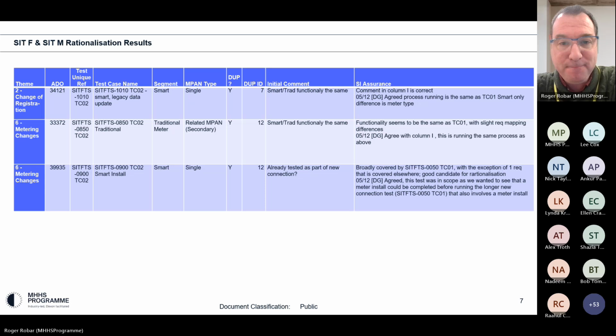Hi, Anna. Just to say, as usual, the issue that we always have is that the test case name doesn't actually say what the test case is about. It's just the type. So we have to look these up to understand what the actual test scenario would be. Yep. To understand whether or not that's valid. And it would be useful if the test case name always had what type of test it actually is, rather than just traditional, which means nothing. Yep. I hear that confusion and share it to a certain extent.